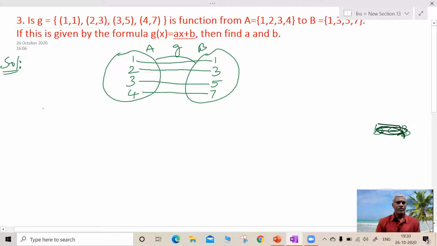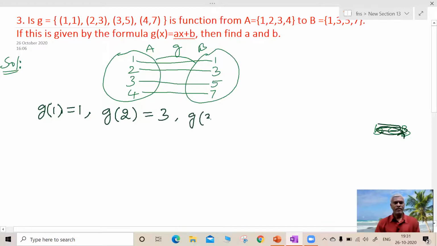Here 1 is related to 1, that is G of 1 is 1, and 2 is related to 3, and 3 is related to 5, and 4 is related to 7. So every element